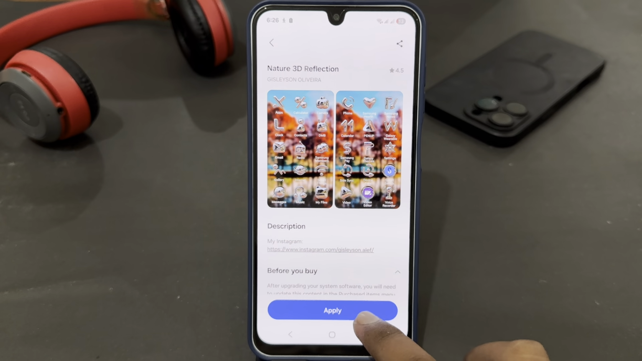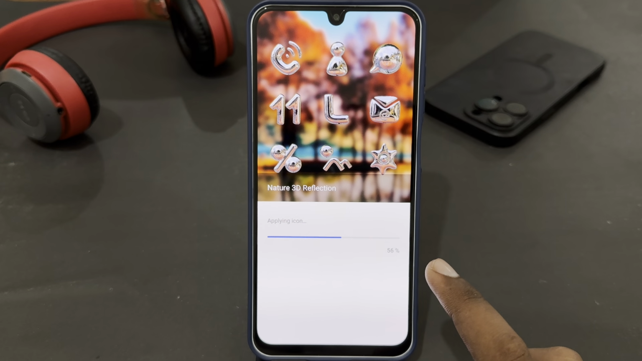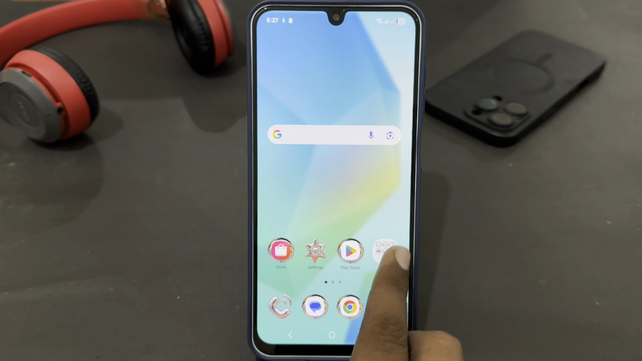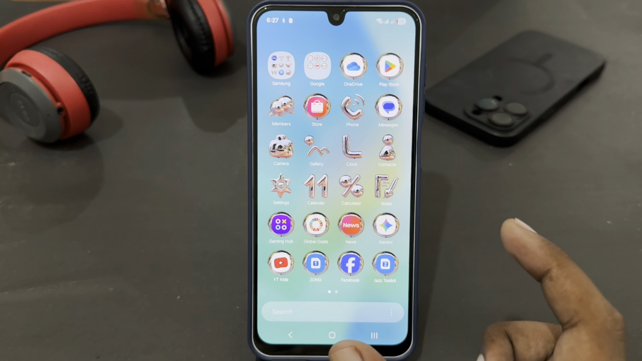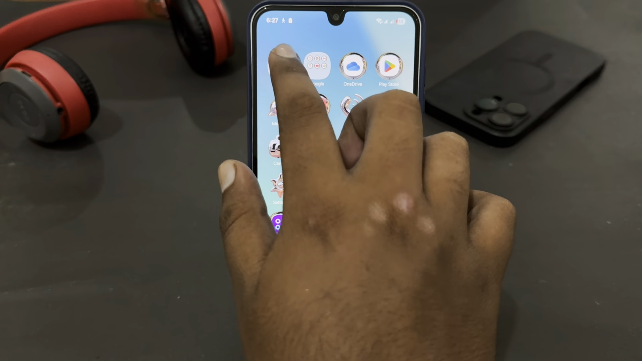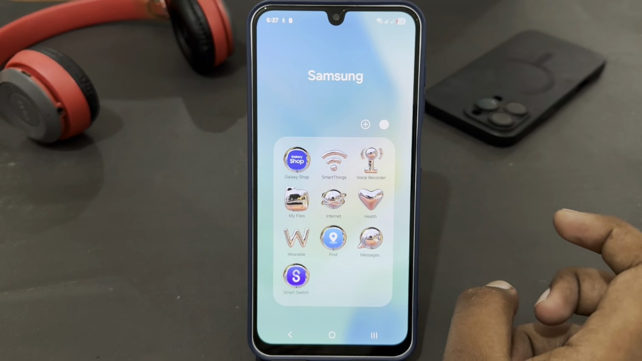After downloading, just tap on apply, and it will be successfully applied. You just have to wait for it. You can see that our phone's app icons have been completely changed. So that's how you can easily change your icons in